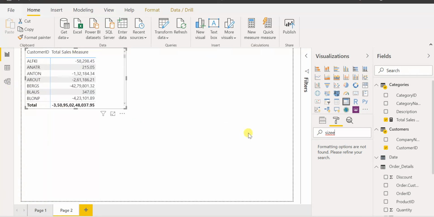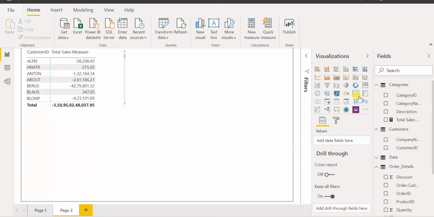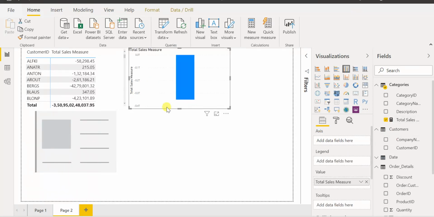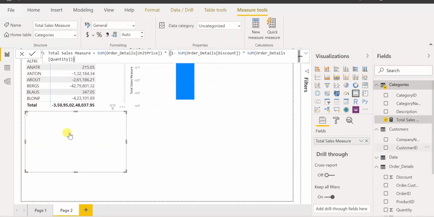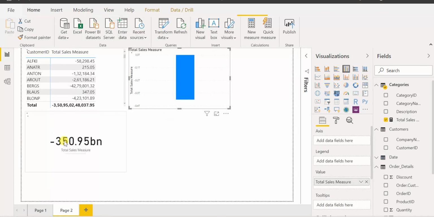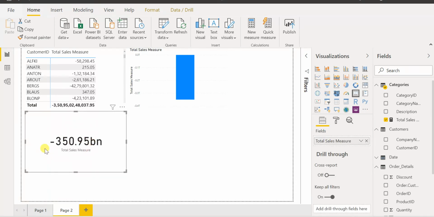This is the actual total sales we have, and when we are using the customer ID here, it is filtering based on each customer ID. So this is the total sales of the entire data set, and when I use this customer ID, it is filtering out each customer ID, which makes sense, right?